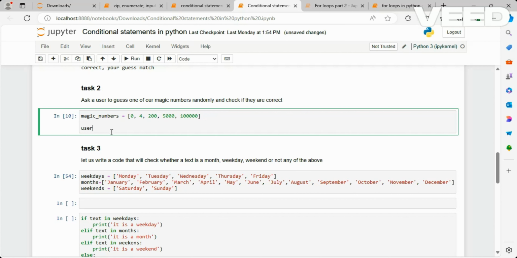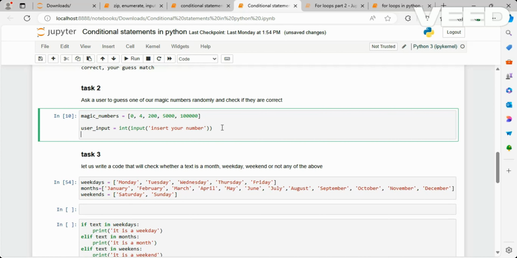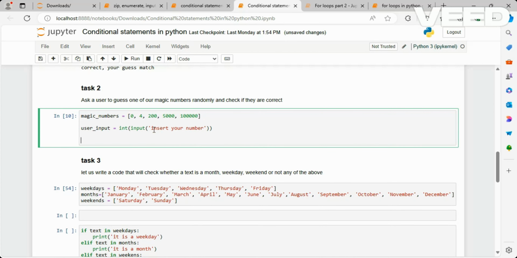So let's start with the input itself. We say user inputs equals, so we want integer of input, and then we ask, insert your number. By doing this, we have been able to store anything the user inputs into this particular variable. And then we say if user inputs,